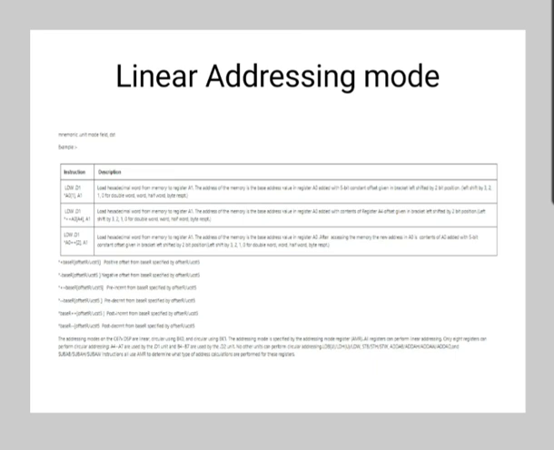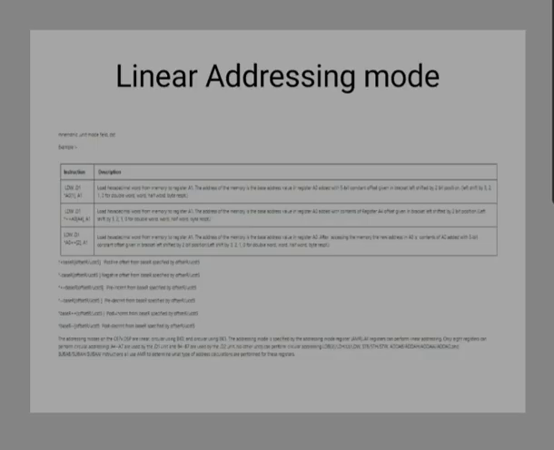Next is linear addressing mode. Now for the load and store instructions, the linear mode simply shifts the offset or the CST operand to the left by 3, 2, 1 or 0 for double word, word, half word and byte access respectively. And it can perform an add or subtract to a base depending on the operation specified.